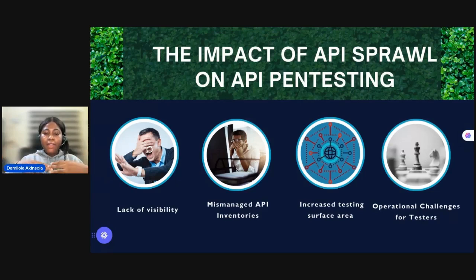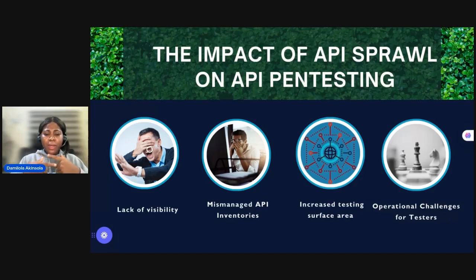So you could have an API list that you probably created maybe 6 months ago. But if you work in a high-paced environment where you're constantly shipping new features and new products, then it could be outdated, because you're not adding the new APIs that you have created into the list. You could be using version 5, but you still have version 1 in existence, just out there exposed to the public. So you're not accurately having an oversight of your API inventory.